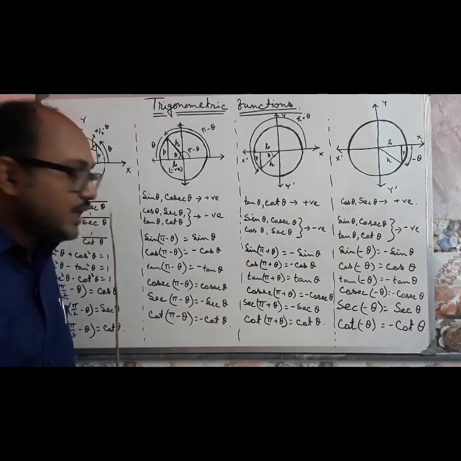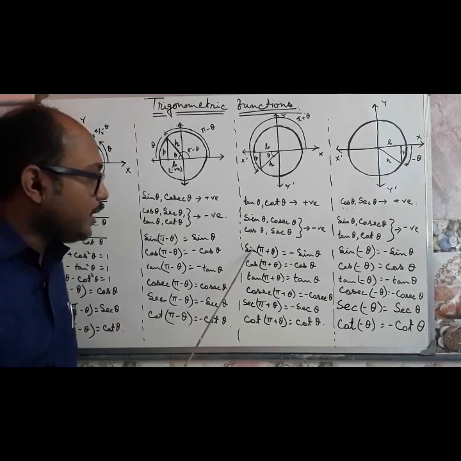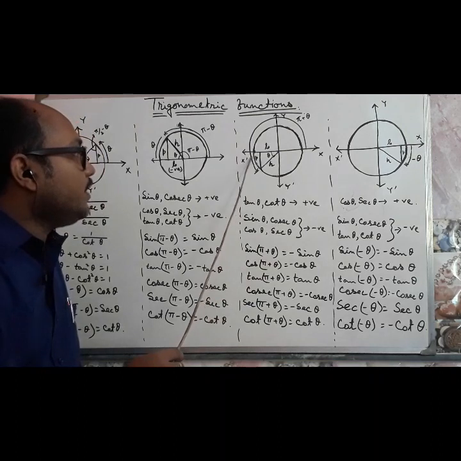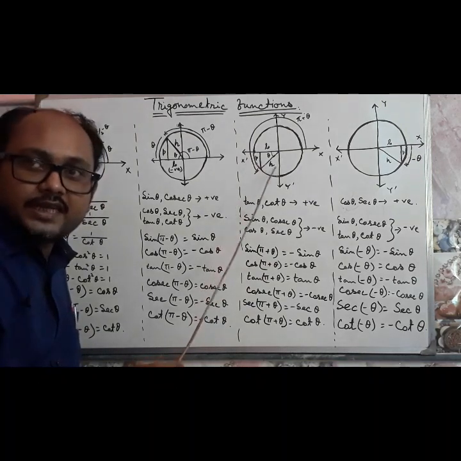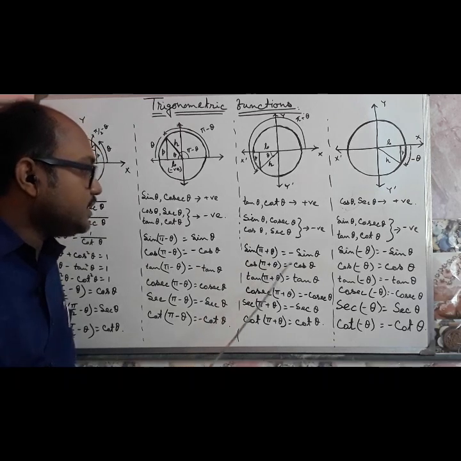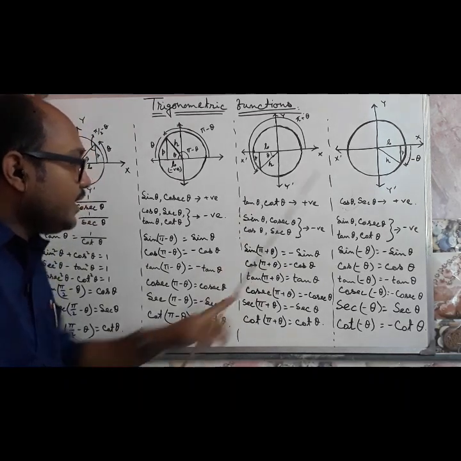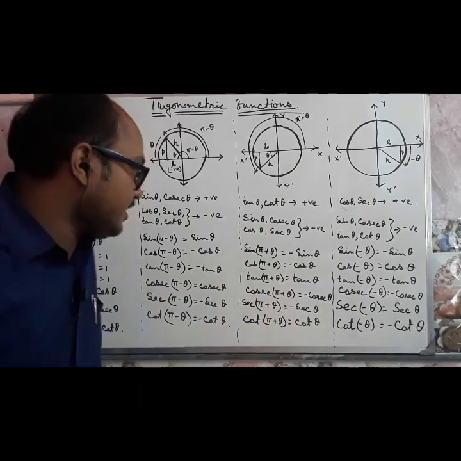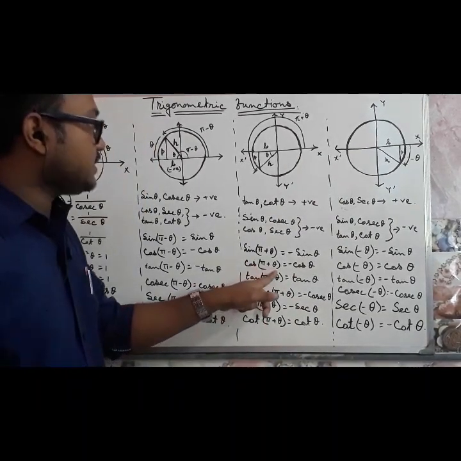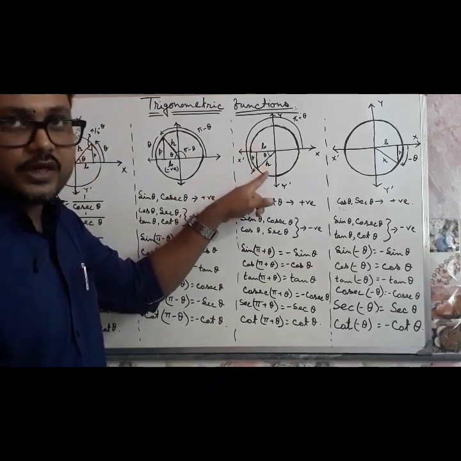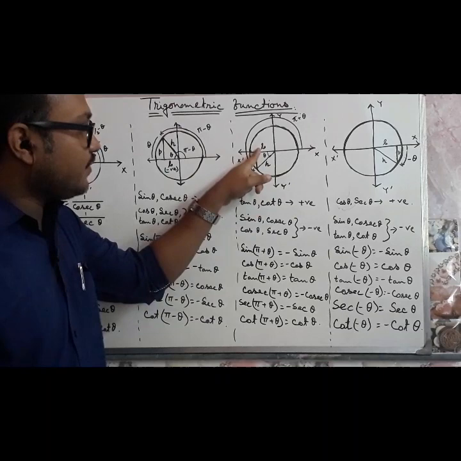And similarly, like the previous manner, sin of pi plus theta is equal to minus sin theta, as perpendicular by hypotenuse, perpendicular is negative, so minus sin theta. Cos of pi plus theta, that is minus cos theta. Why minus cos theta? You see, I am telling again in detail. Cos of pi plus theta, according to this triangle, is base by hypotenuse, base is negative here,